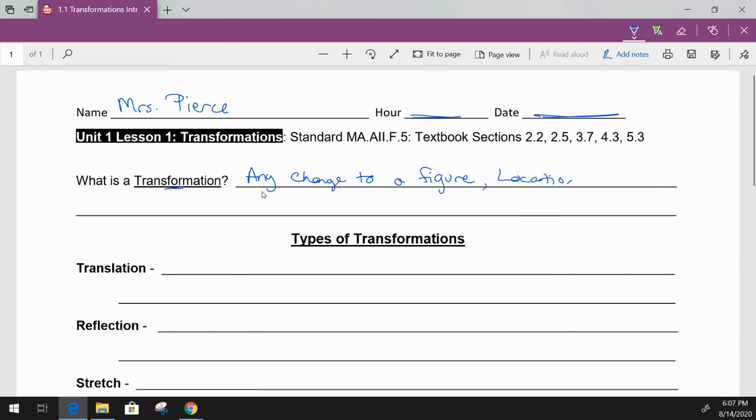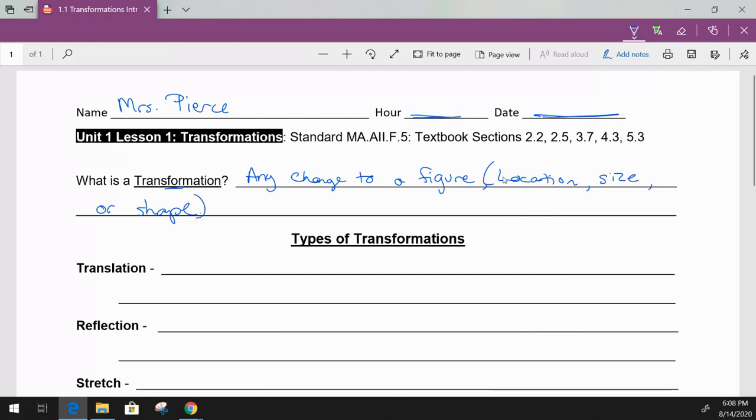It could also be the size of it, or shape. All right, so a transformation again is any change to a figure or graph, like the location, size, or